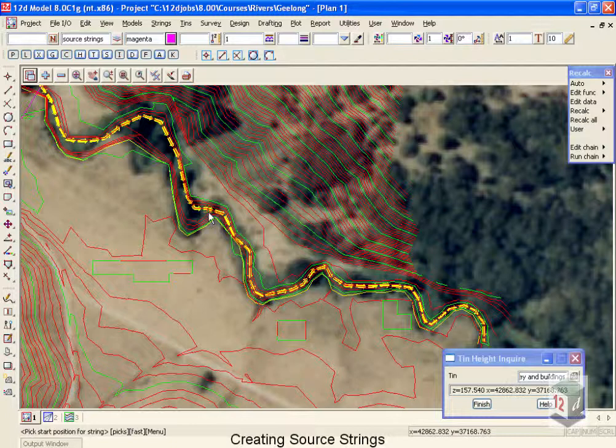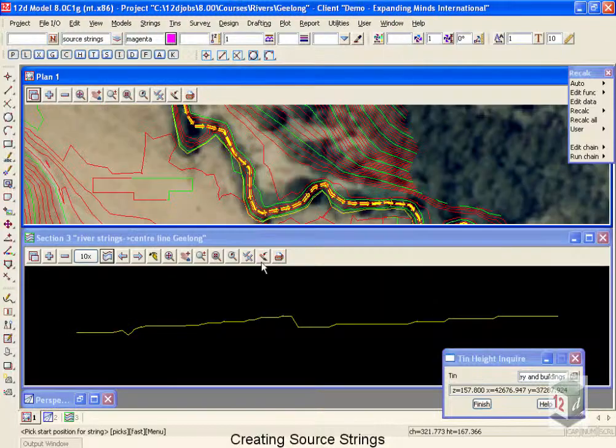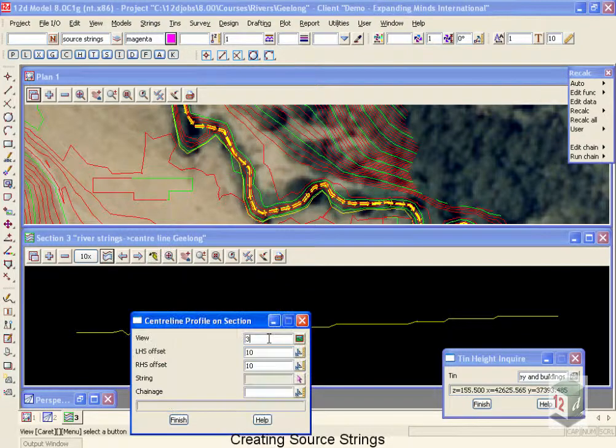Now if you want to investigate these changes of cross section, let's go back and do a window, tile horizontal, and instead of doing a profile with a left mouse click, we're going to do a right mouse click and select perpendicular to a center line. Now let's go about 30 meters either side of a center line,